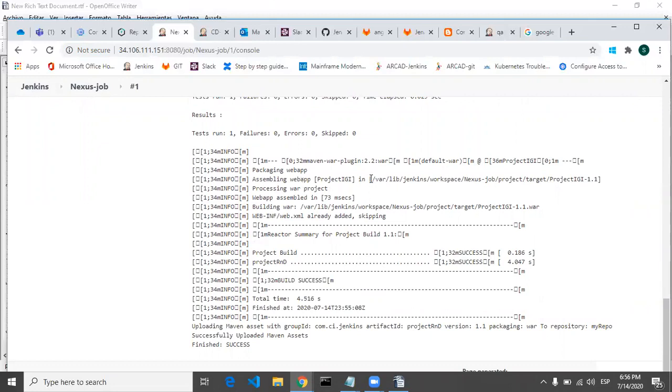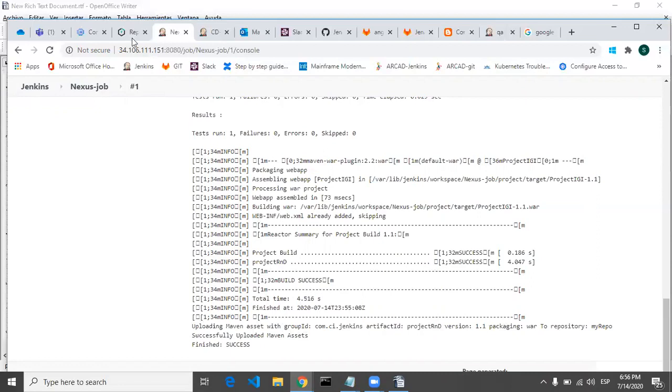Okay, so this is the path that we have given: var lib Jenkins workspace Nexus job project target and then project RND 1.1. Okay, so this build is successful, and then the last step is uploading Maven asset with group ID, the group ID which you have given, then artifact ID, then version and packaging. Successfully uploaded the Maven assets, finishing is successful.